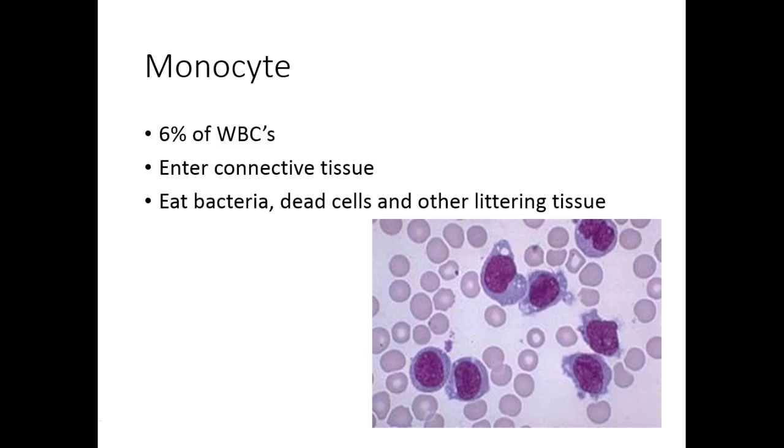chart simpler, listing the cell, about how many, not in number, but know that most of the formed elements are red blood cells, and of the white blood cells, the most common is going to be your neutrophil. And then a little bit about what they look like. So whether they're a granulocyte, agranulocyte, what color they'll stain, and then definitely the functions of each, and then any